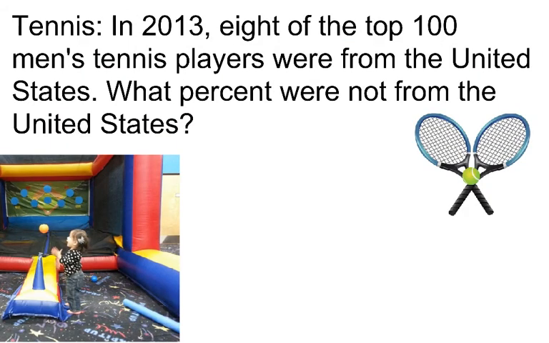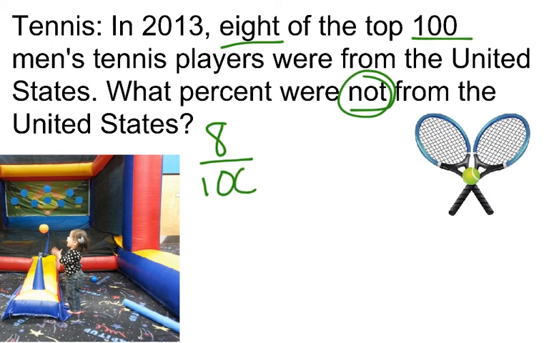Now let's look at our final example, tennis. In 2013, 8 of the top 100 men's tennis players were from the United States. What percent were not from the United States? Here's a key word that says not. So now we have to think about, what do we know? Well, we know 8 out of 100 were from the United States. Hopefully you can associate 8/100ths with